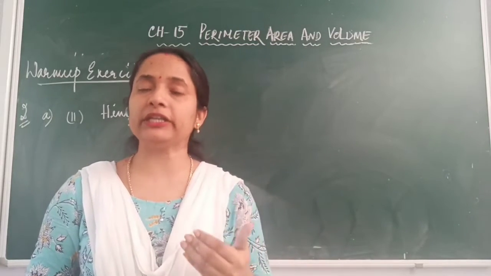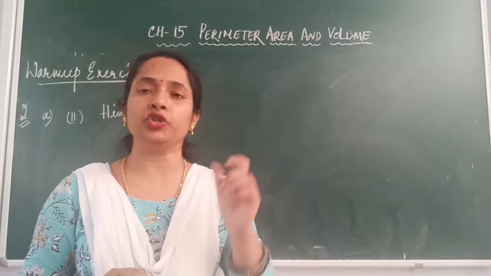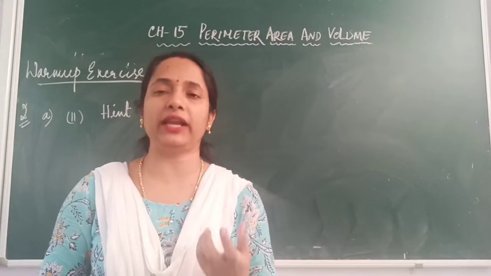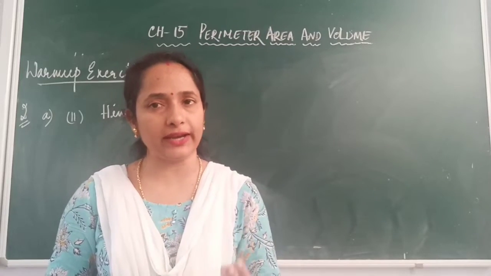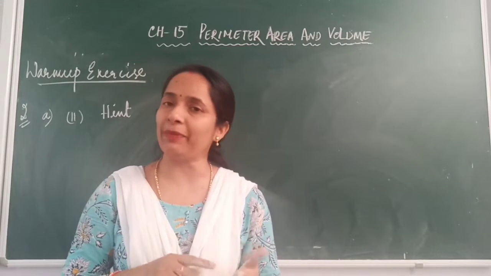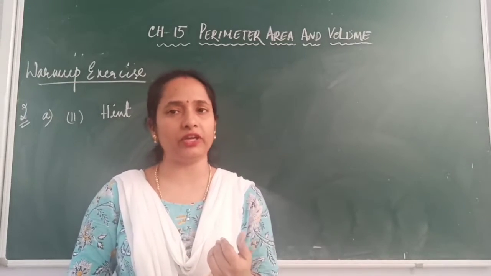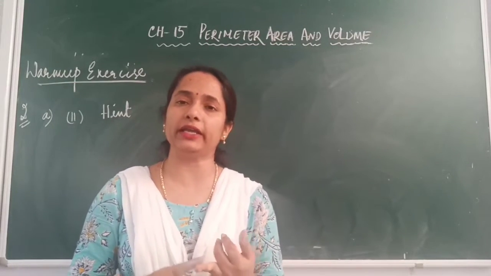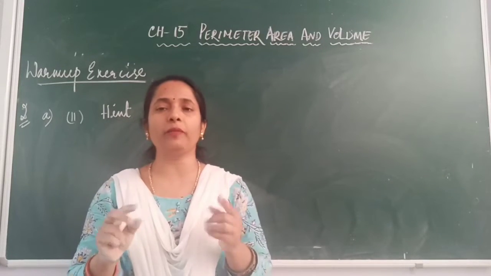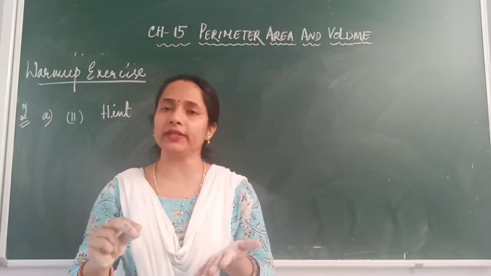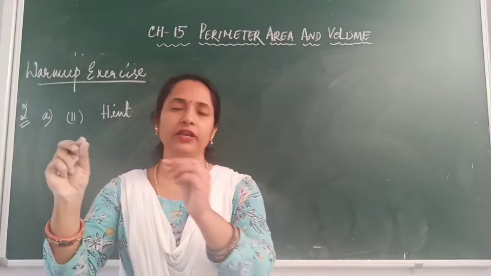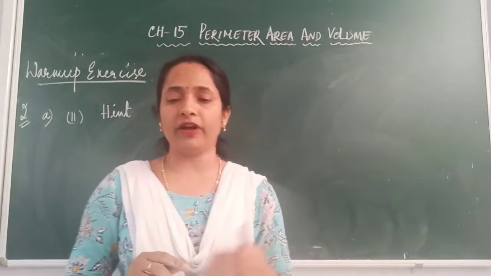See, in part 1 of question number 2, you are given the length and breadth. For which figure do we have the length and breadth? We know for every rectangle we have a length and a breadth. Now you need to find its perimeter and area. Already I have given you the perimeter formula and area formula for a rectangle. So directly write down the formula, put the respective values of length and breadth there, find the value of perimeter and area, and fill in the boxes provided to you.